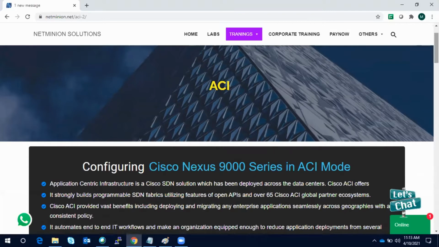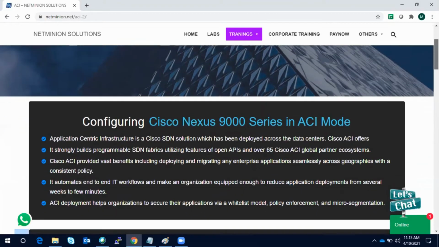Both flavors are available: you can put Nexus 9K switches in the traditional way, as your core and distribution, or you can put them in ACI mode. But if you are spending so much on the hardware, obviously you will go for the ACI mode and facilitate application deployment.